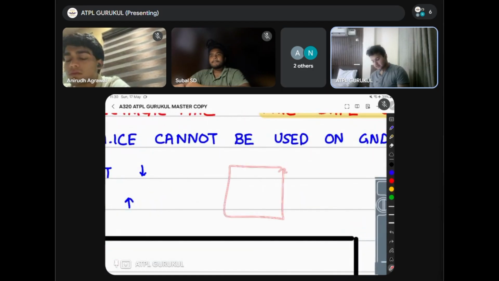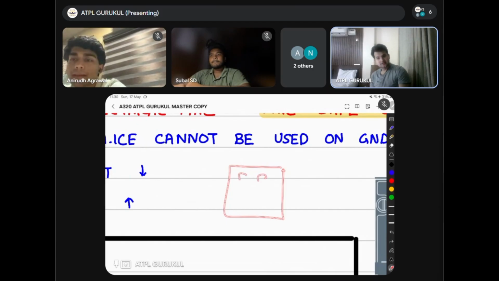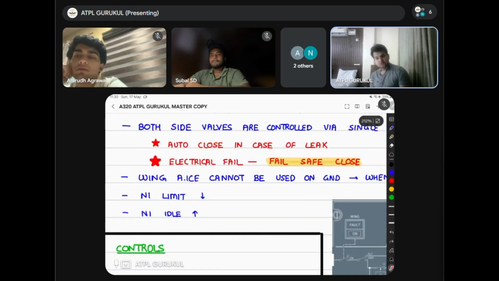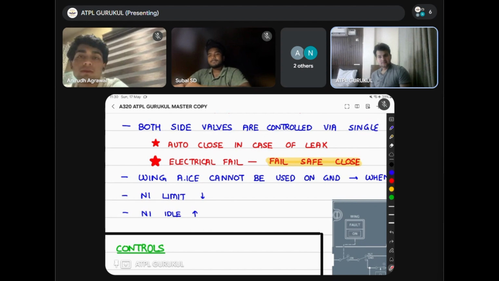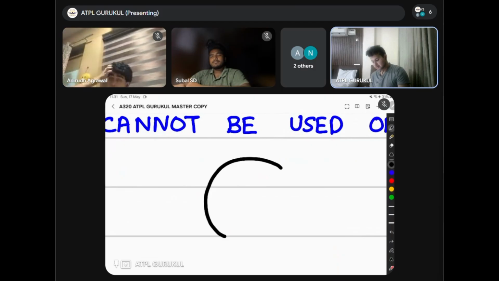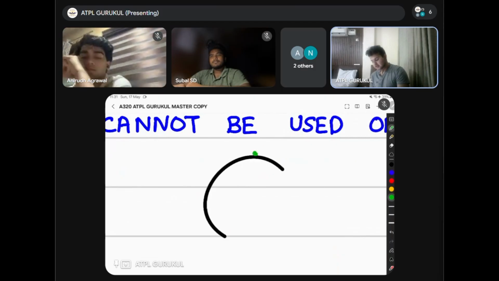जो तुम्हारा इंजन वार्निंग डिस्प्ले है, यहाँ पे तुम्हारे पास N1 के पैरामीटर्स आते हैं, राइट? और यहाँ पे N1 की लिमिट आती है टॉप राइट हैंड साइड में। जब आप एंटी आइस ऑन करते हो तो जो N1 की जो लिमिट है ये नीचे हो जाती है, because EGT बढ़ जाता है, और जो N1 का जो एक्चुअल थ्रस्ट है वो बढ़ जाता है। So what you are doing is, let's say this is the engine thrust,